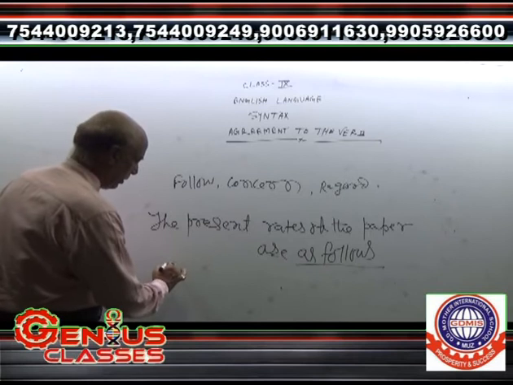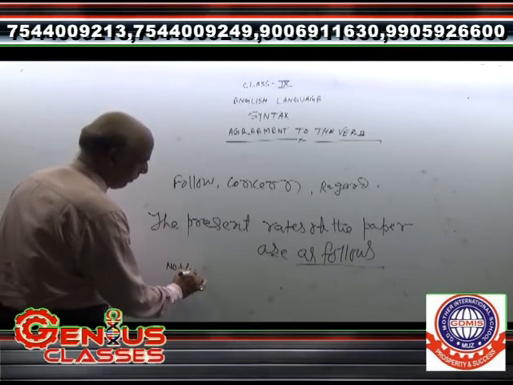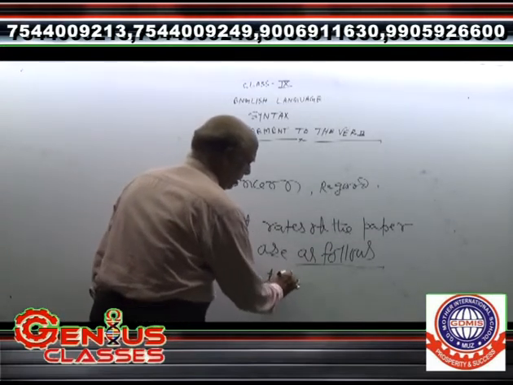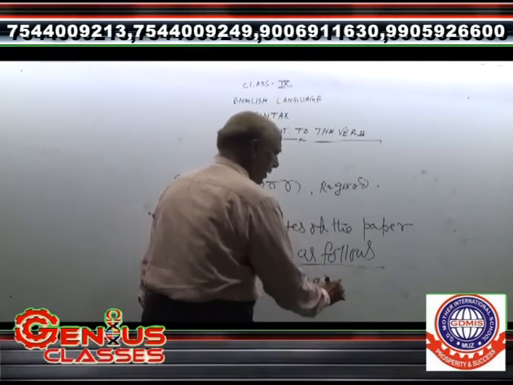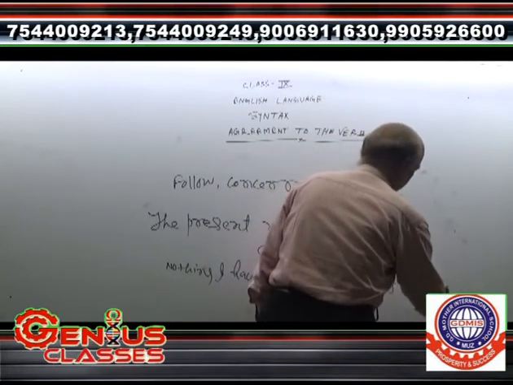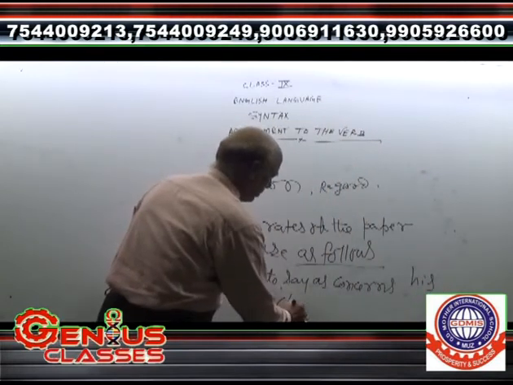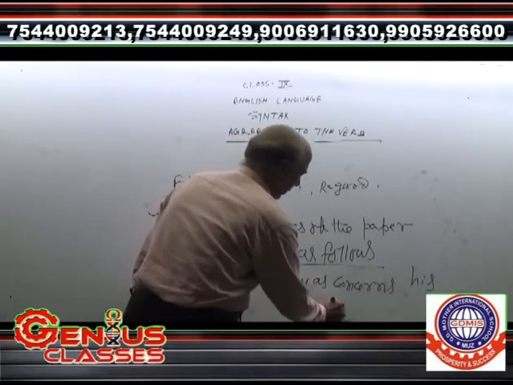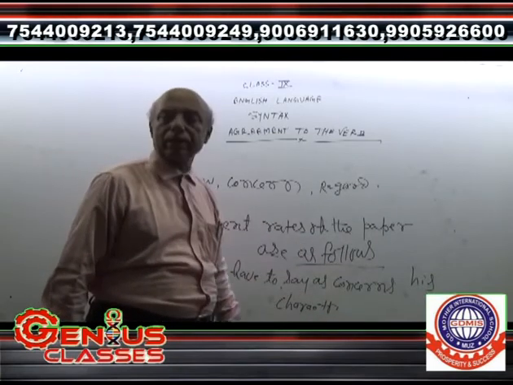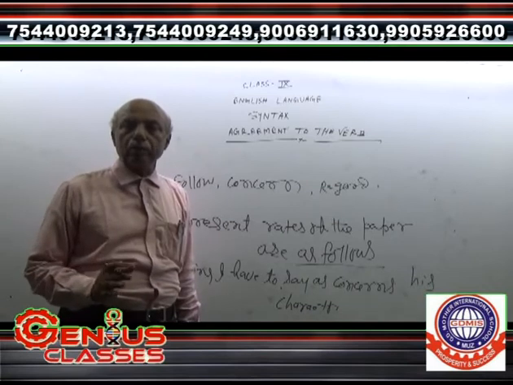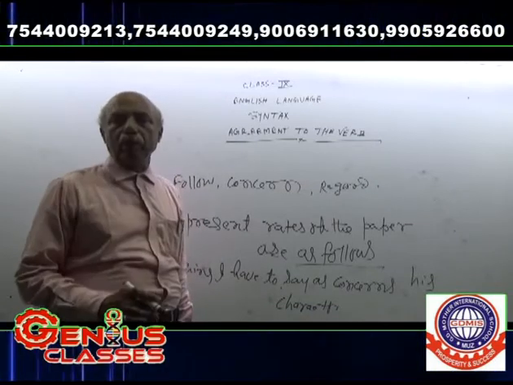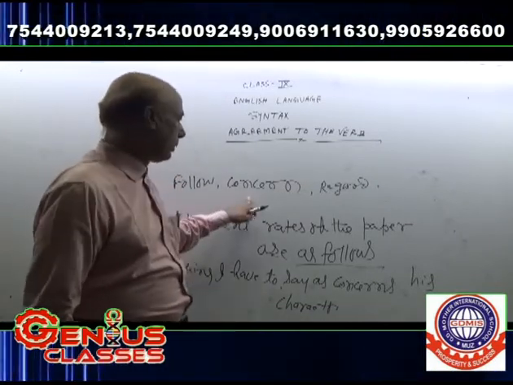"Nothing I have to say as concerns his character." You see, nothing I have to say as concerns his character. In this context, I want to tell you, by giving examples, how "as concerns", "as regards" and "as follows" are used. As for example,